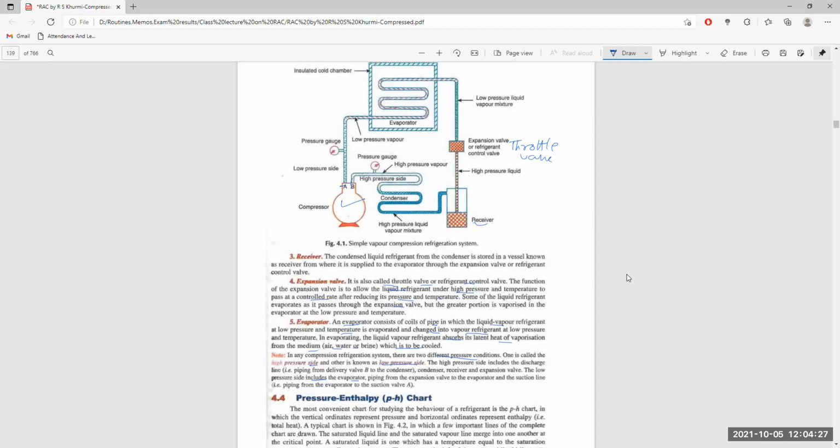It is shown by the red pressure gauge at high pressure, and here the pressure is reduced. From the outlet of the expansion valve, it goes to the evaporator, where it is evaporated and goes at low pressure and temperature to the inlet of the compressor. So from the end of the throttle valve to the inlet of the compressor is the low pressure system, whose pressure is given by the low pressure gauge here. From the outlet of the compressor to the throttle valve is the high pressure area, indicated by this particular area.